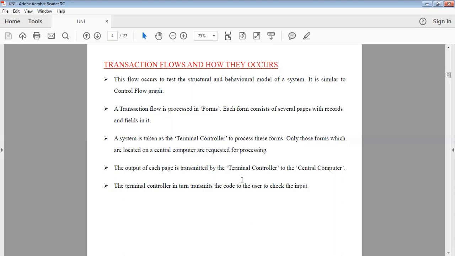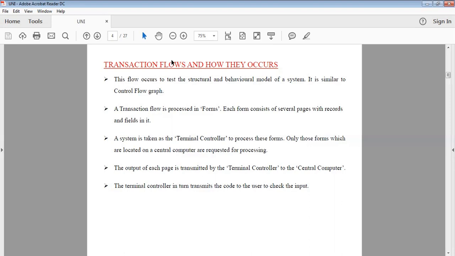From the central computer, it reaches the user. The terminal controller in turn transmits a code to the user to check the input. Whichever input the user sends, it is checked against it.